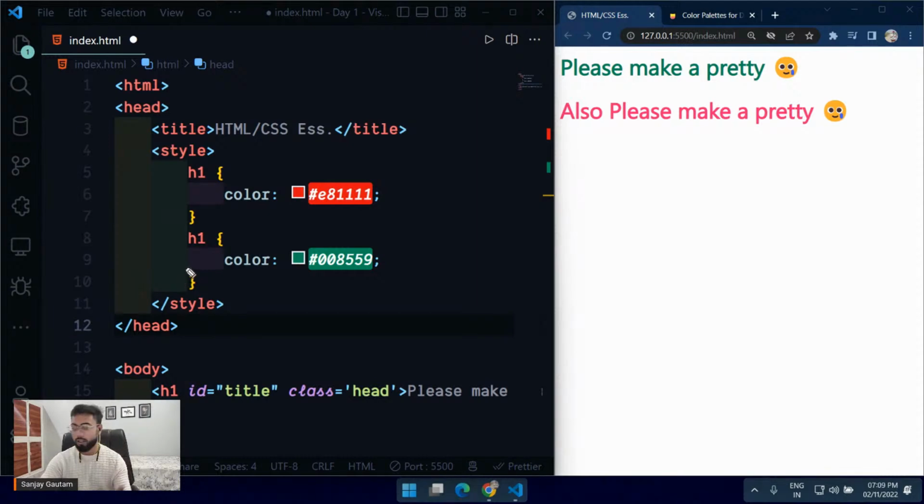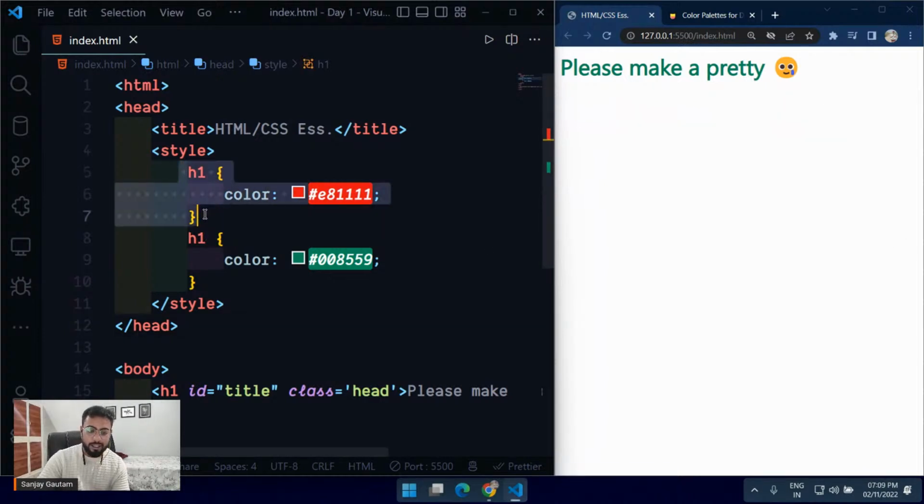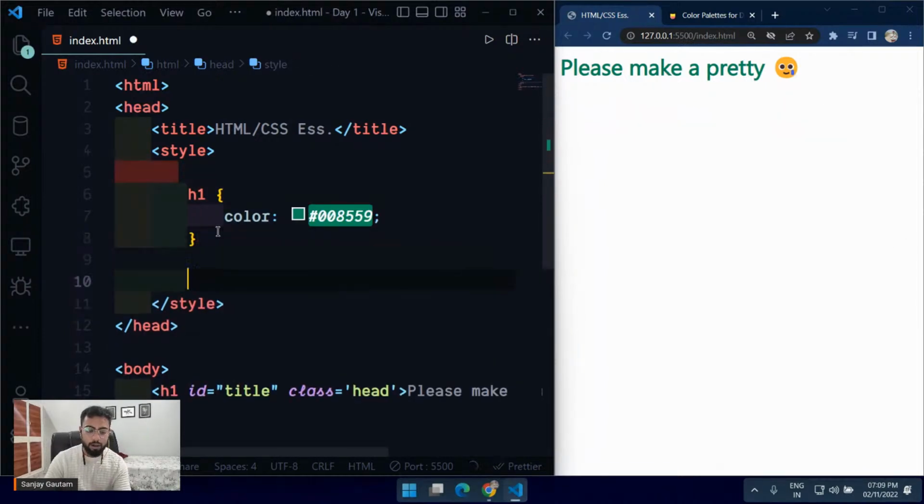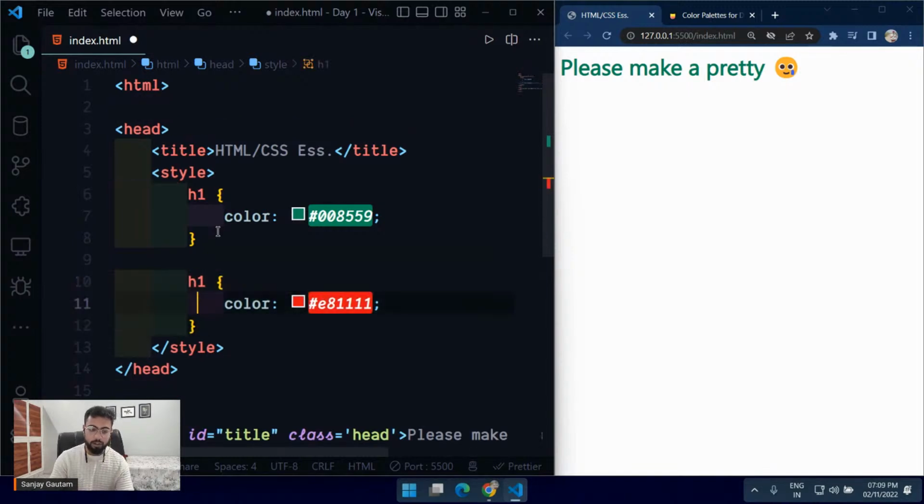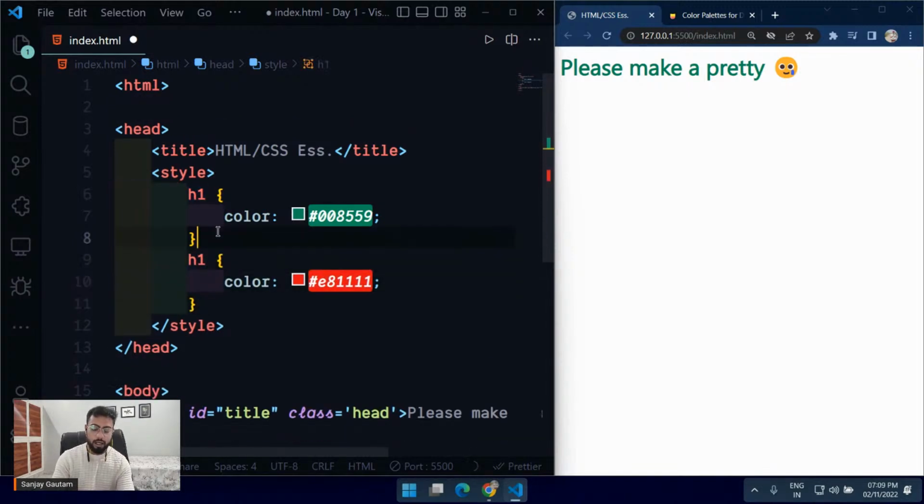Now take a guess: green or red? Let me give the answer straightforward. It's going to be green. The reason is, if you're going to select something on the basis of the same selector,